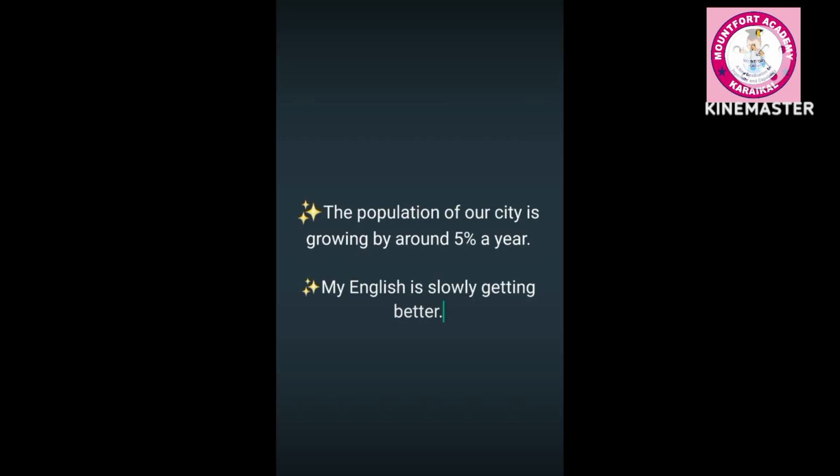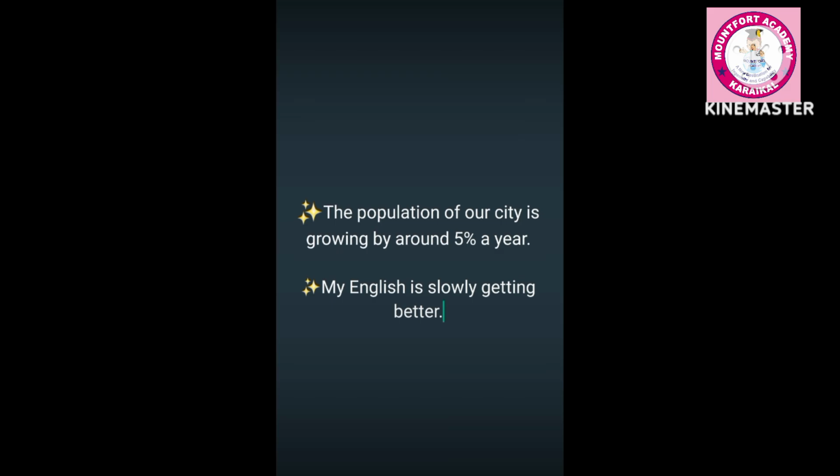We can also use the present continuous tense for a changing situation. The population of our city is growing by around 5% a year. And another example, my English is slowly getting better. You know, all these examples talk about a change which is happening over time, probably continuing in the future. If I say the population of our city is growing by around 5% a year, this means I expect the